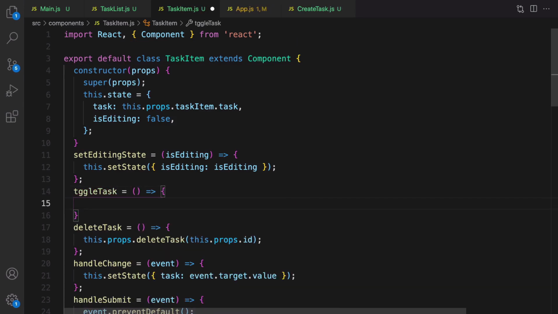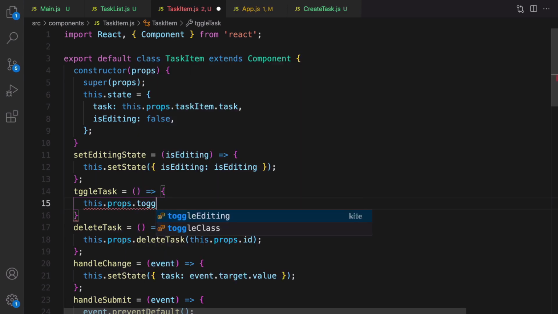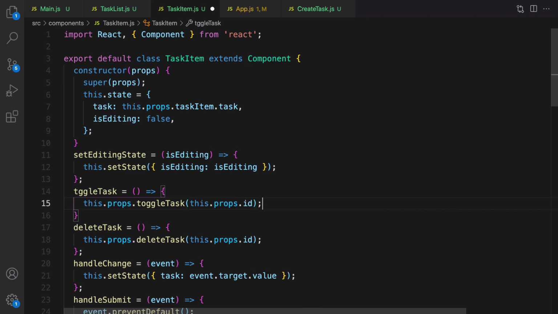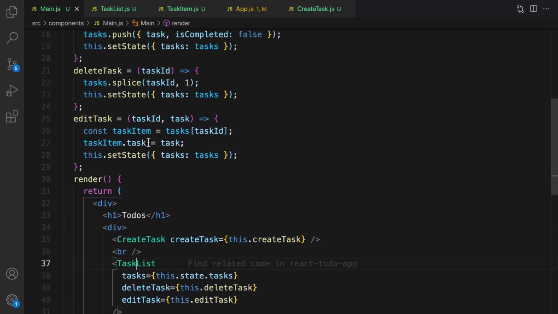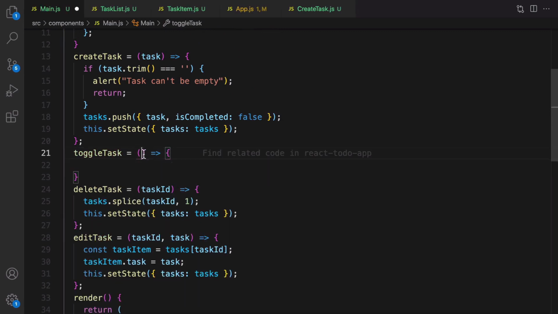And for toggle task, we call toggle task from the parent component, and we pass the ID of the current task to the parent component. Let's go to the main component and right before delete, define toggle task here. The parameter is task ID,